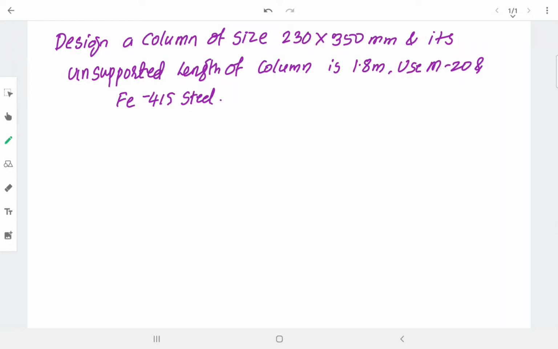Hi all. In this video we will be discussing the design of a column of size 230 mm by 350 mm and its unsupported length is 1.8 meter. M20 and Fe 415 is to be used. Okay, here we need to write the given data first, that is small b is equal to 230